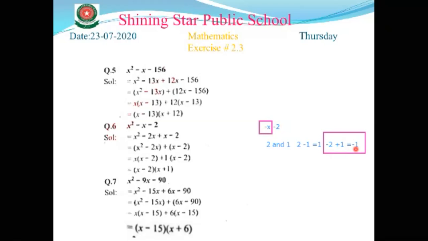Okay. Now the simple trick is, whenever you find two numbers, first step and second step, you have to write the plus and minus. For writing the plus and minus, you check the sign with the middle term. With the middle term, we have negative sign. Okay. So with greater value, we must write the negative sign.